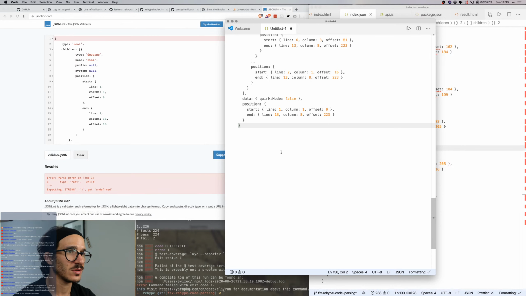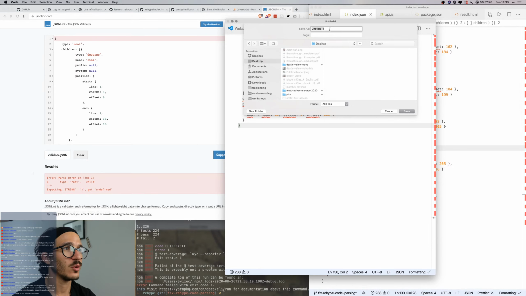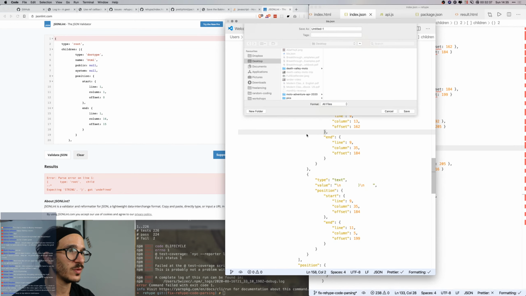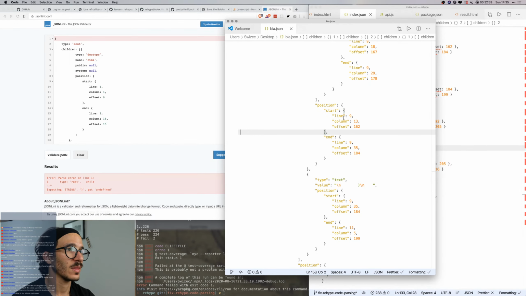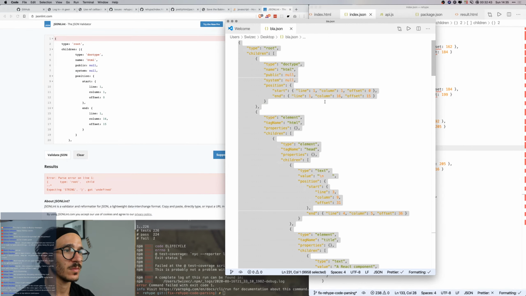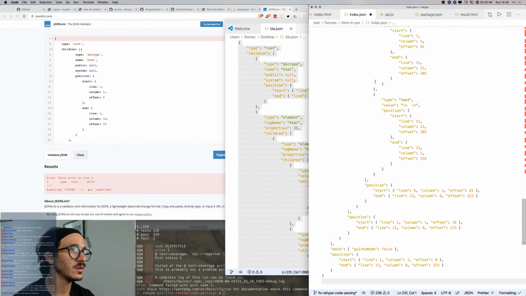I'm just trying to mess around here and figure out how to make this work, but I'm always curious to hear your perspectives. Blah.json on desktop, come on, will that format it? I know you can do this, VS Code, you've done it before. There we go. Okay, VS Code managed to format this for me, with a little bit too many spaces, but that's fine. Okay, so we now have a valid JSON here.